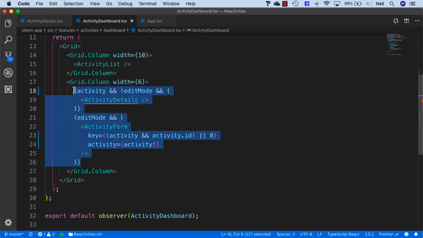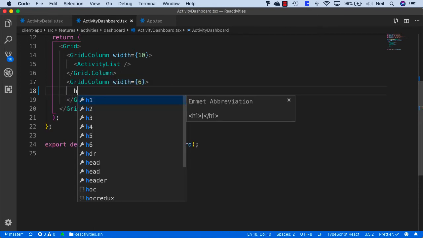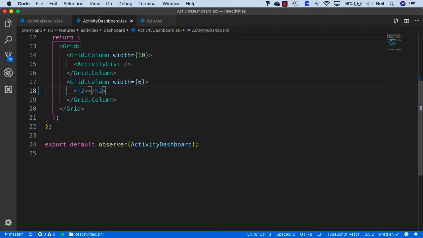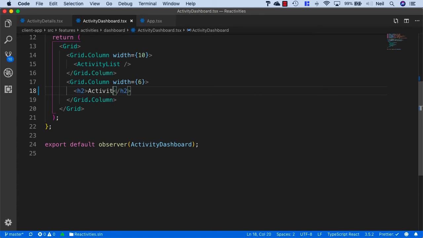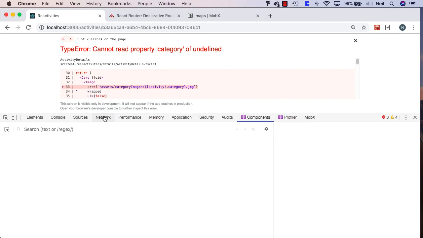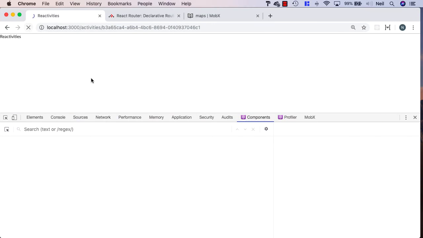And let's just remove this in its entirety, and we'll just replace this with some placeholder text of what will be going there later on, and that's going to be our activity filters. And this is going to be a placeholder for some time, and it should remove that particular error that we've just seen. So if I just refresh the page,